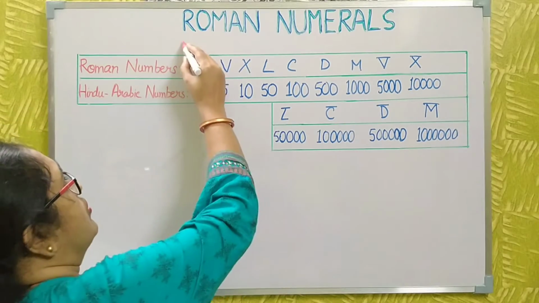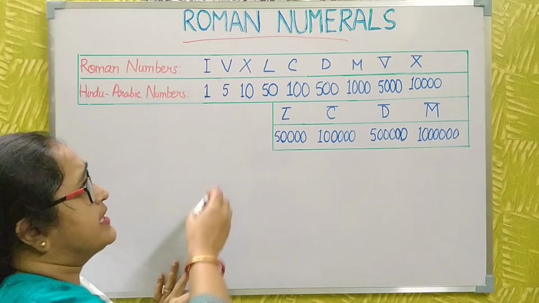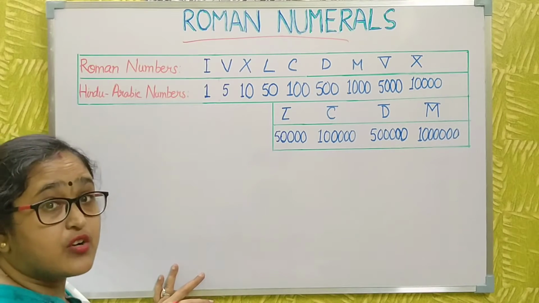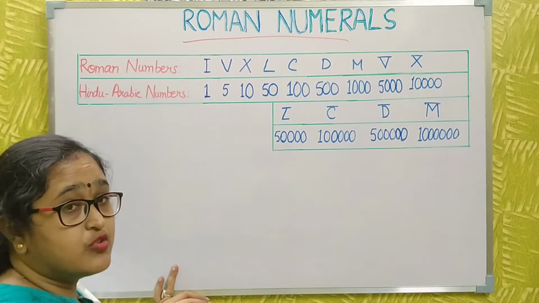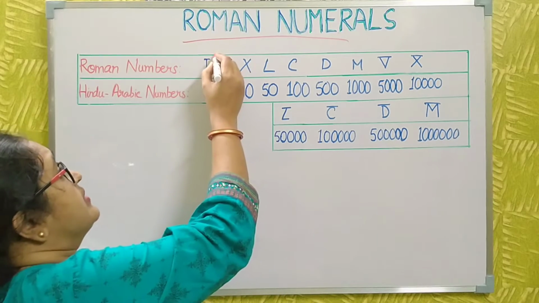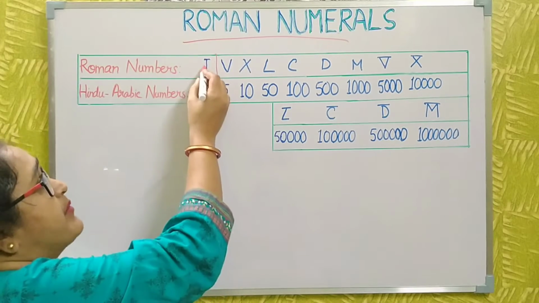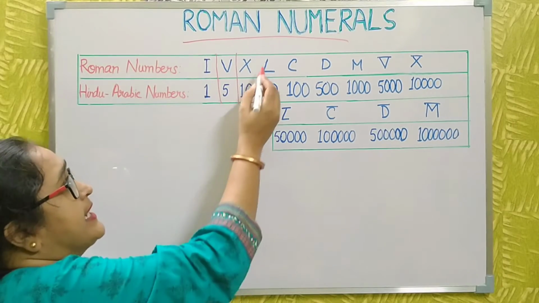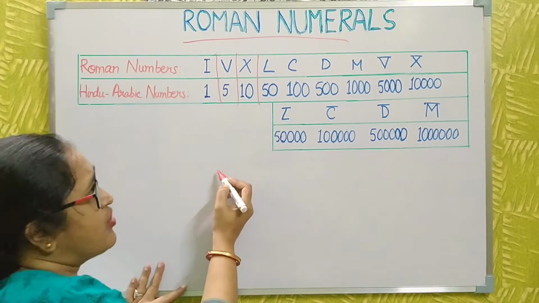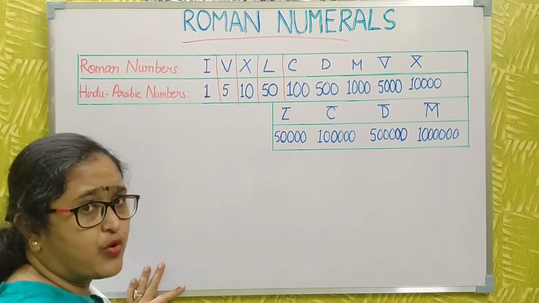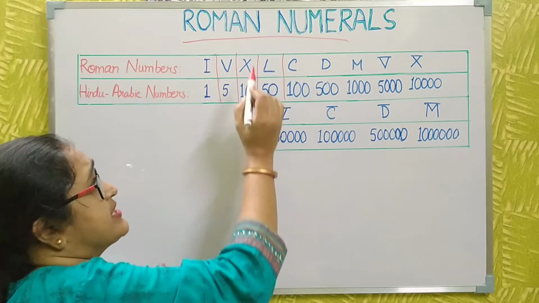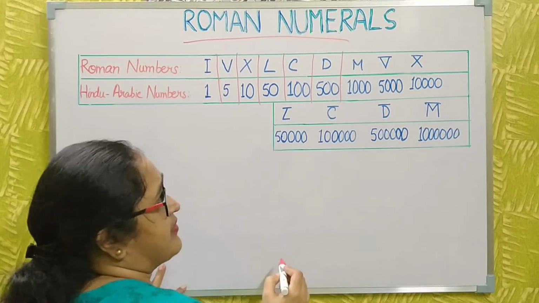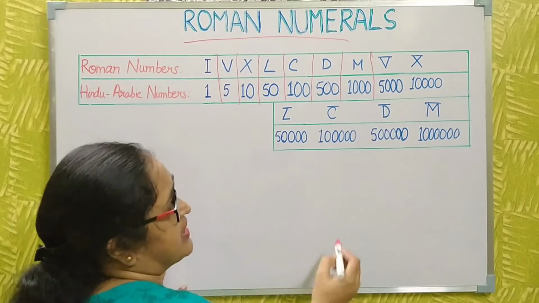All of you know the Hindu-Arabic numbers 1, 5, 10 like this. And now let us discuss the Roman numerals. You write Roman numerals in this way. 1 is written as I, 5 is written as V, 10 is written as X. All of you know, you read this also in the smaller classes. 50 is written as L, 100 is written as C, 500 is written as D, 1000 is written as M,